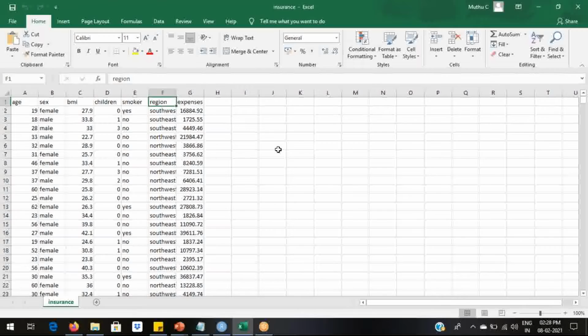So Tamil Nadu is in the southern part of India. Likewise, in this case study, they have classified people based on region as northeast, northwest, southeast, and southwest. Finally, we have the expenses values for the patients in the random sample.